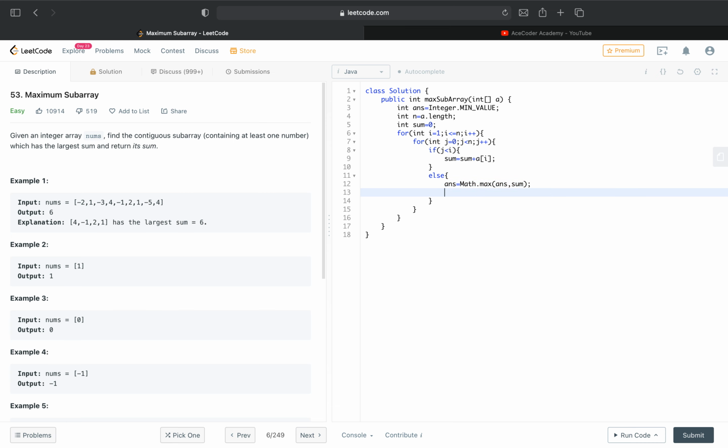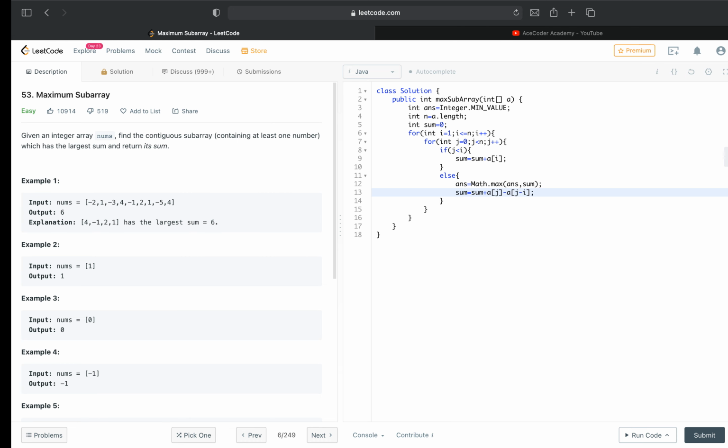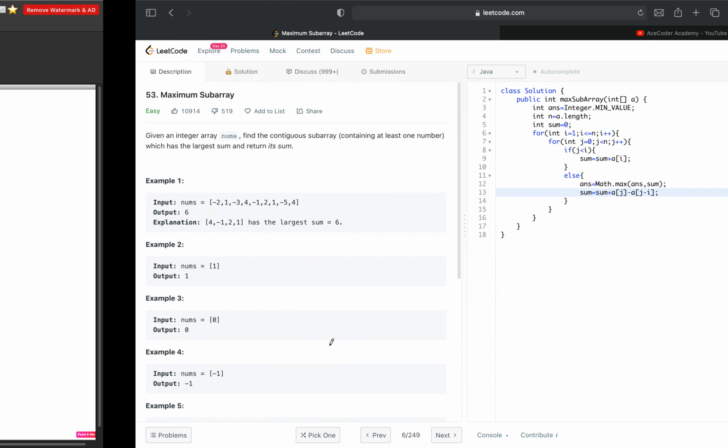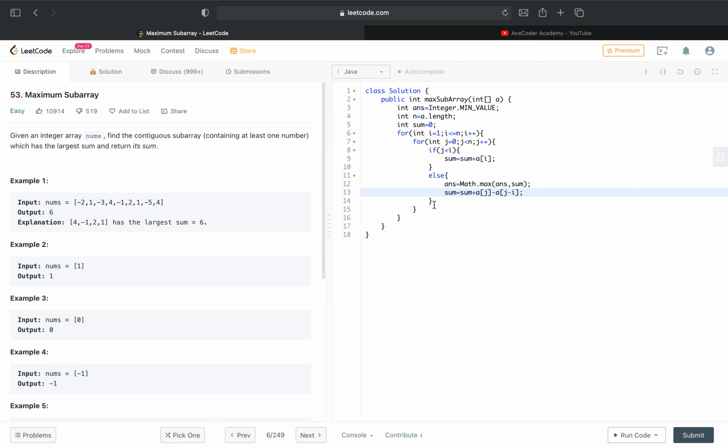Now we will update our sum: sum is equal to sum plus a of j, basically the next element, and we have to subtract a of j minus i, basically the just previous element of this window. So that is the reason j minus i is the size of window, basically minus 2, and we will reach here. So that's the case.